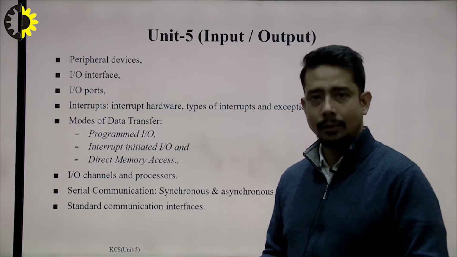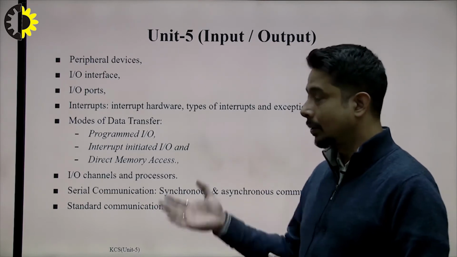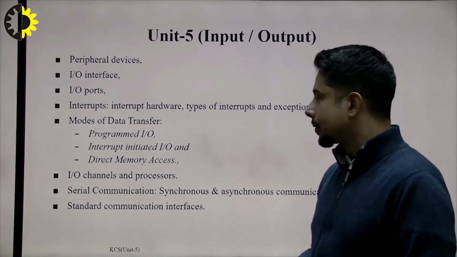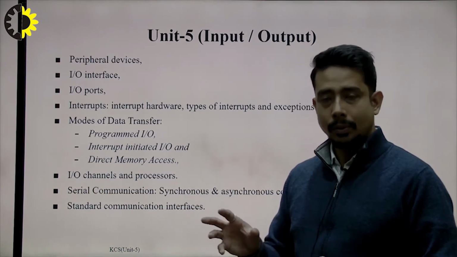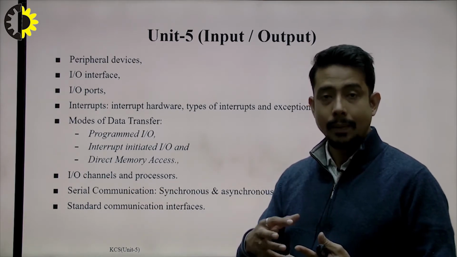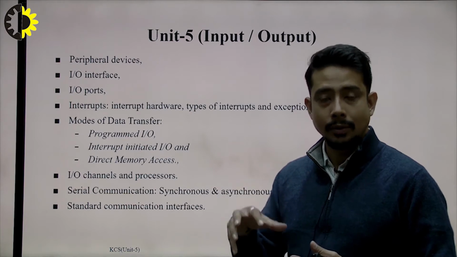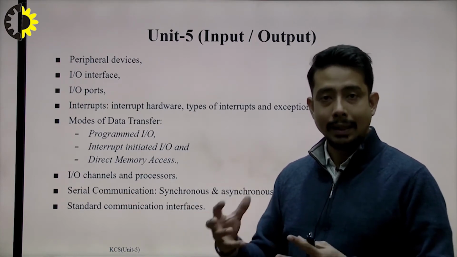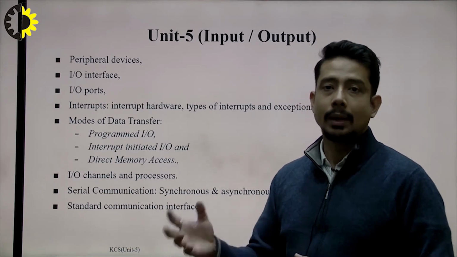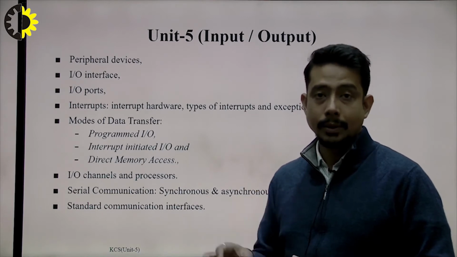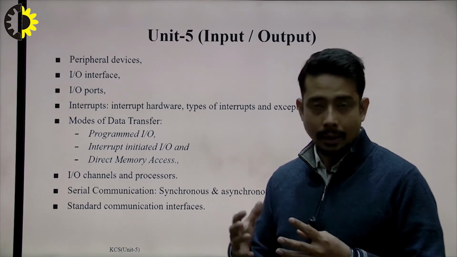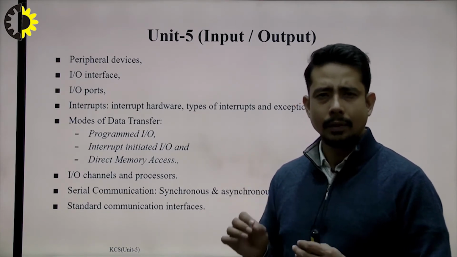In this video we will be discussing a small introduction about what we are going to cover today in peripheral devices and input output interface. So the direct memory access concept comes in like this: suppose there is an input output device, there is the memory, and there is a CPU. Now, without the involvement of the central processing unit, if data can be transferred from memory to input output, or input output to memory, that is known as direct memory access. Got it? That we will discuss thoroughly, including what a DMA controller is and how the process of data transfer is done. Everything we will try to discuss.